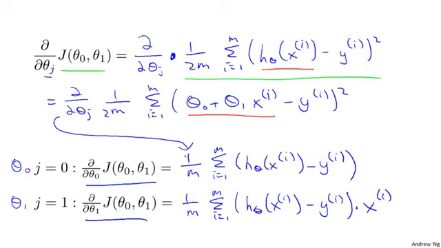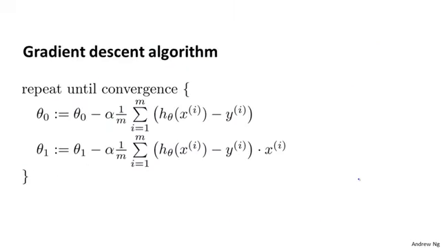But so armed with these definitions, or armed with what we worked out to be the derivatives, which is really just the slope of the cost function J, we can now plug them back into our gradient descent algorithm. So here's gradient descent for linear regression. We're just going to repeat until convergence. Theta 0 and theta 1 get updated as this thing minus alpha times the derivative term. So this term here,